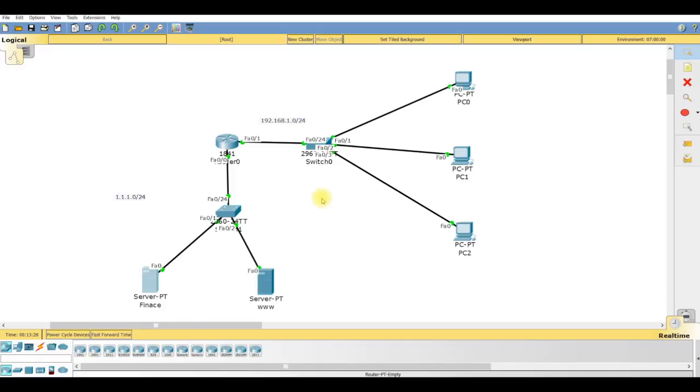On this topology it wouldn't be an issue, because you can follow what the book states. It says an extended access list goes nearest the source, which would be right here, because this is the only entry point to this particular network. And then you get out. But what if